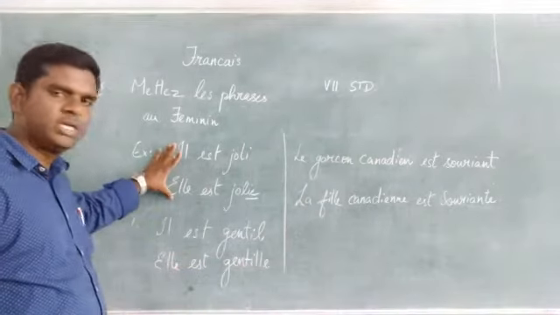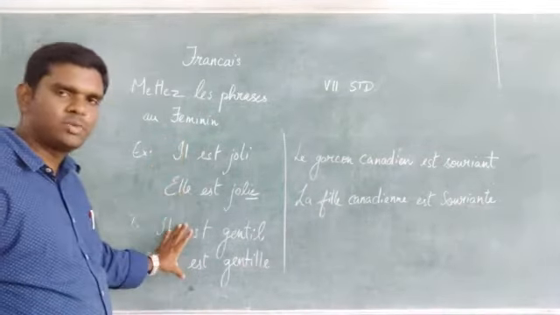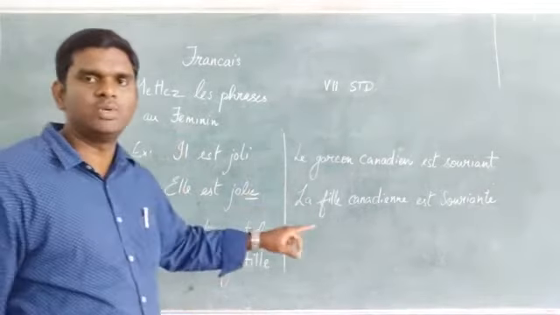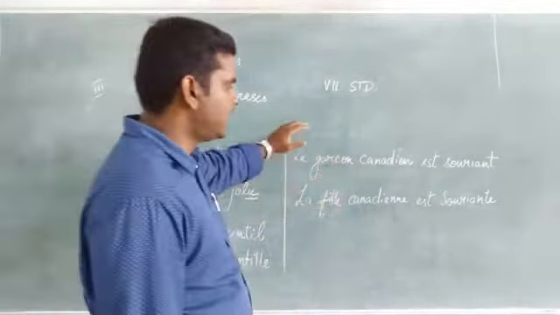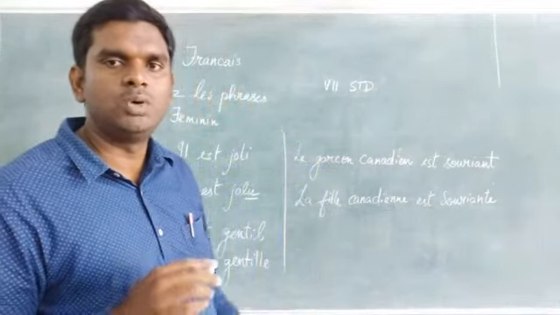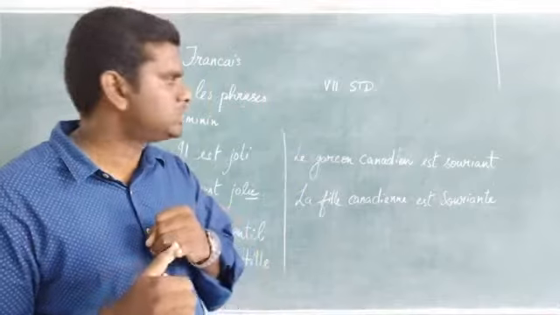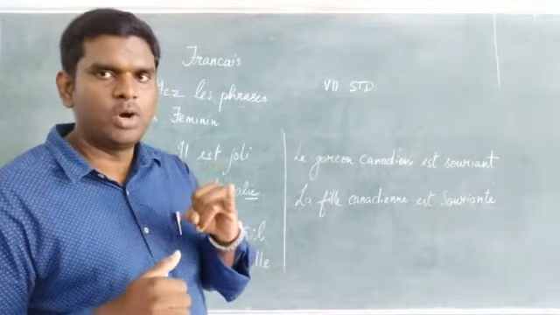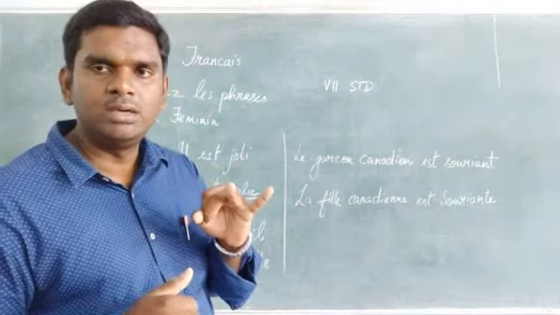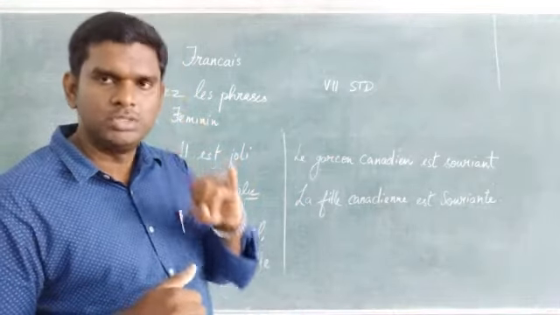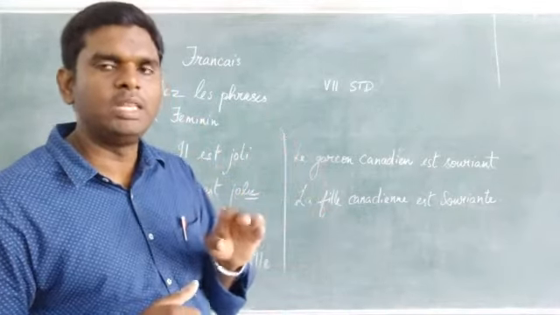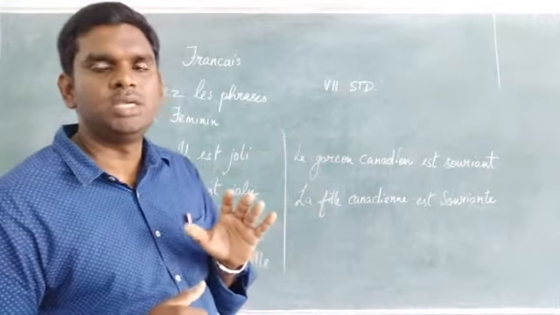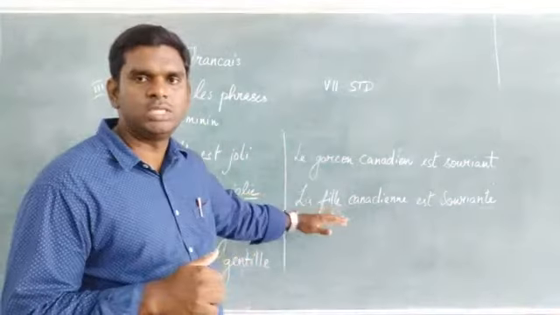So what we saw here was an example from the book. This is one question which has been solved. Let's see another question with a different scenario. Le garçon canadien est souriant. Now, they have introduced the gender, that is the boy. Second, the nationality, and the third is one adjective. So gender should be changed into feminine, nationality should be changed into feminine, and the adjective should be changed into feminine.